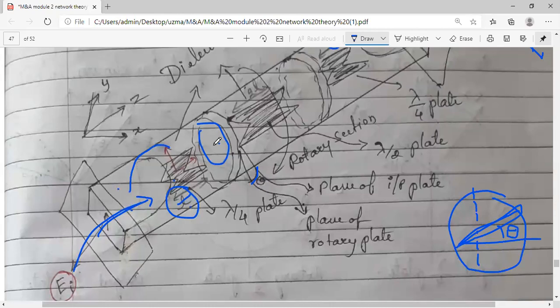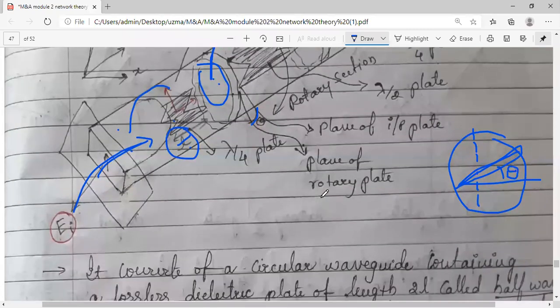Equation 3 and 4. From this, it has to pass through this plate. The plate is having the length 2L. Again, when these two components E1 and E2, the values which we have calculated already, are propagated through this plate, again the vector resolution occurs.